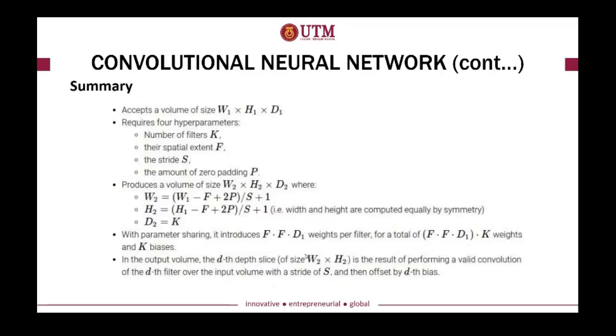This is just a summarization so you can estimate the output volume, or the output matrix size, based on filter size. K here is the number of filters, F here is the filter size, S here is the stride number, and this one is the padding. How much is the padding? Is it a 1 pixel border? A 2 pixel border? A 3 pixel border? Then you can estimate your